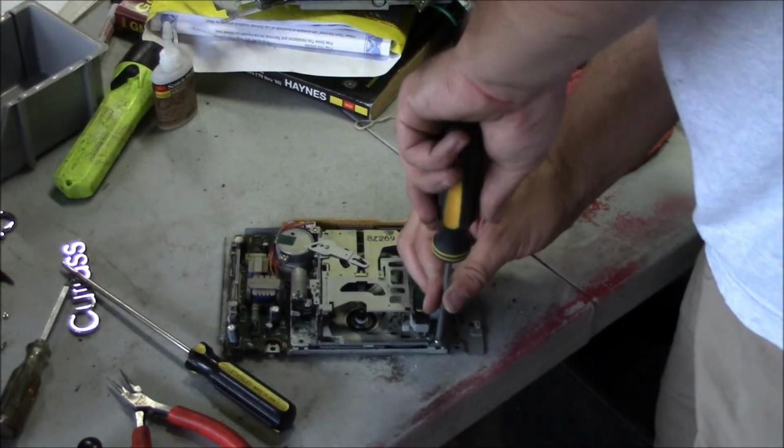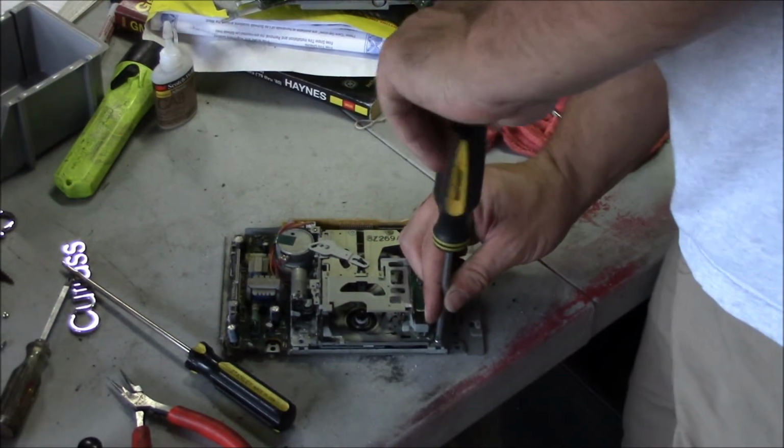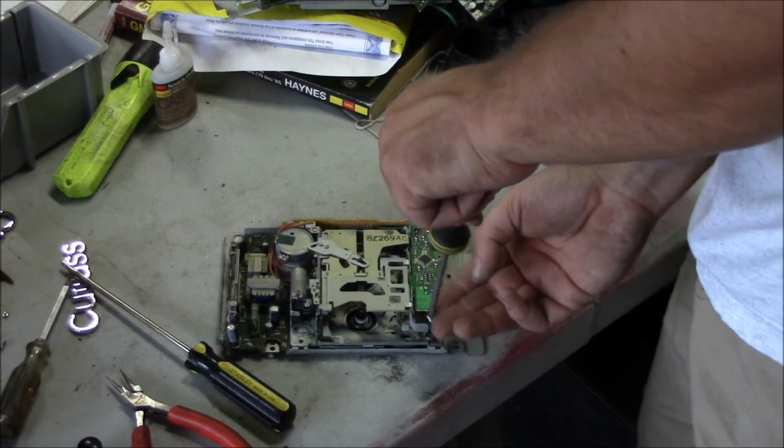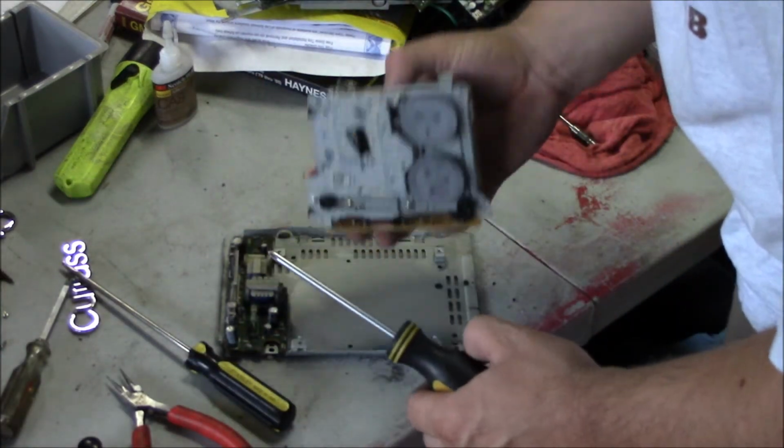I had somebody at work the other day, we were talking about electronics and stuff like that, and he says he doesn't understand them, they're so complicated, so many parts. Well, we're building